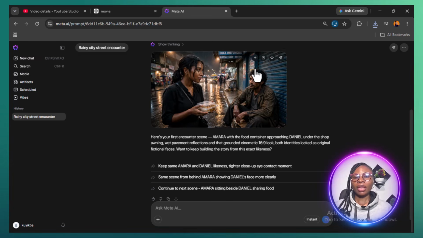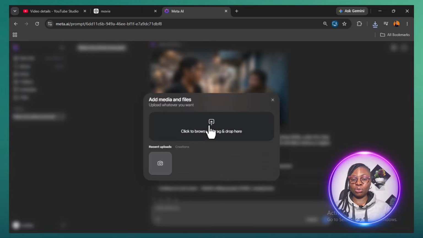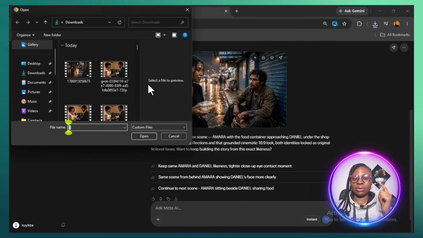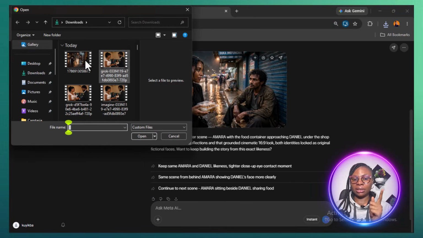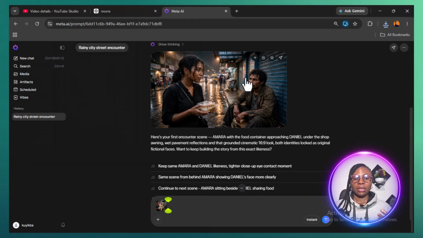Okay, so this is how you're going to use this platform to generate your images for all your scenes before you start animating them. So with this, we want to generate scene 2. For your scene 2, make sure you add this scene 1. Upload this scene 1 as your reference character to maintain consistency. So once you upload this scene 1,